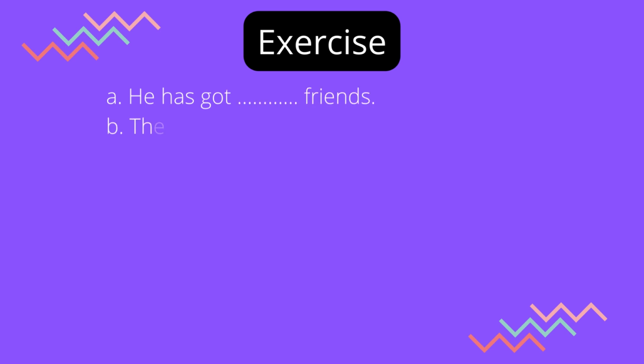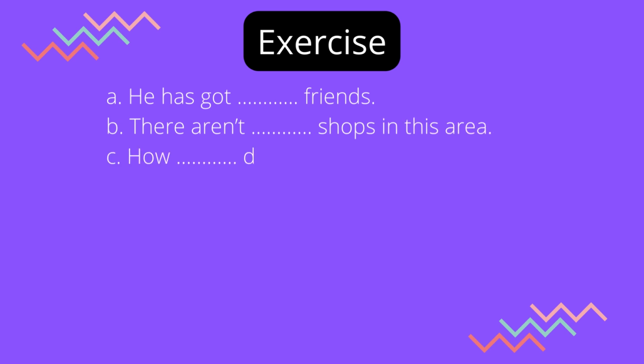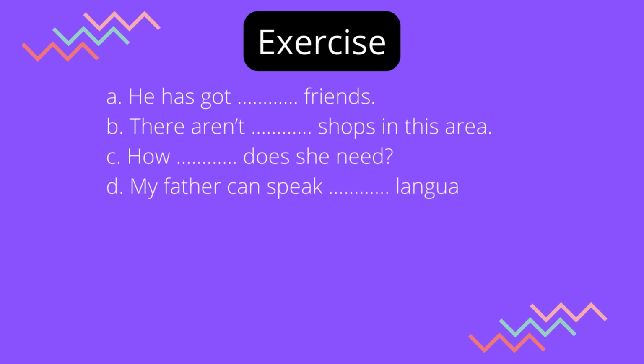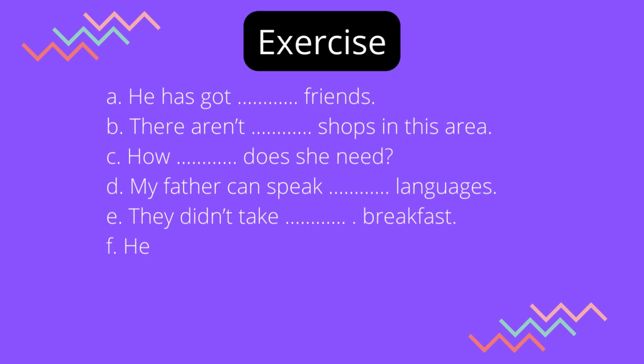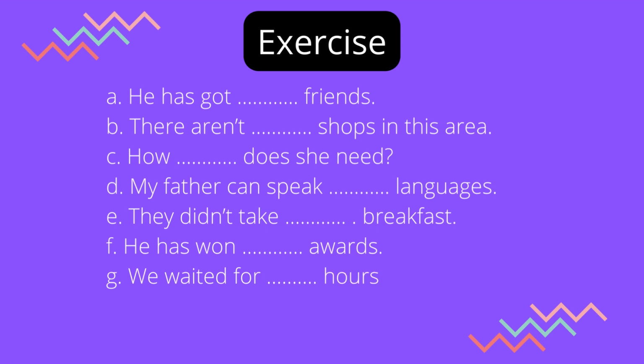Now it's time to do some exercise. Complete the following sentences using much or many and comment down below the correct answers. A. He has got blank friends. B. There aren't blank shops in this area. C. How blank does she need? D. My father can speak blank